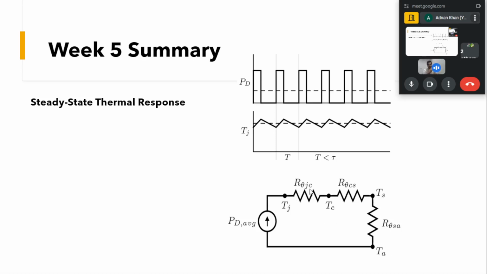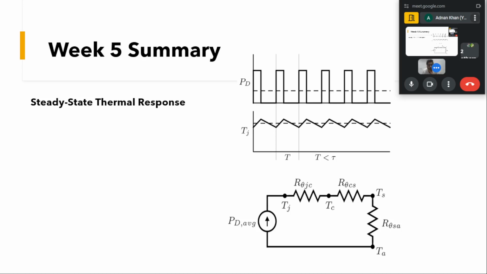And these will be given by the data sheets of the devices, and the resistance between the sink and the ambient will be given by the data sheet of the heat sink itself. And we'll be having a power that will be dissipated,